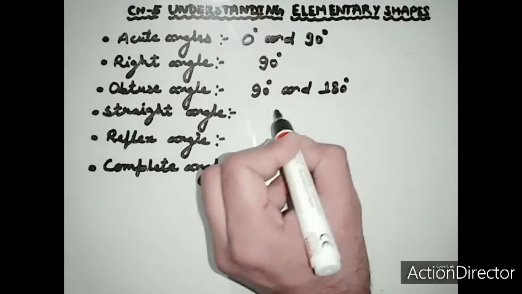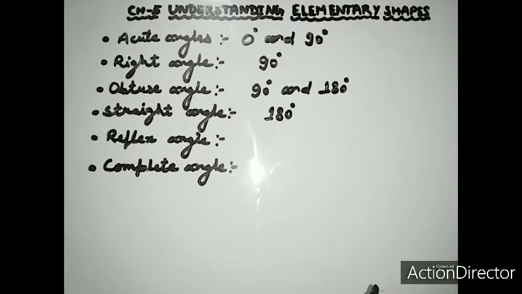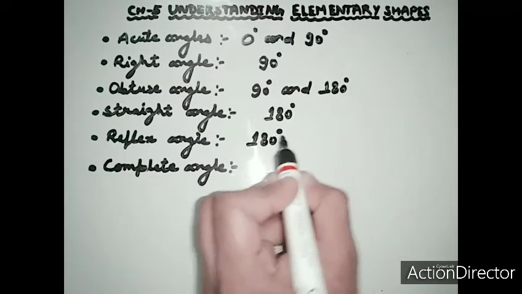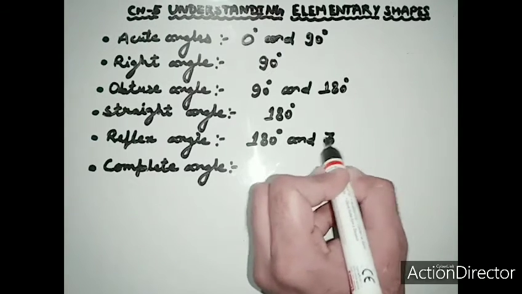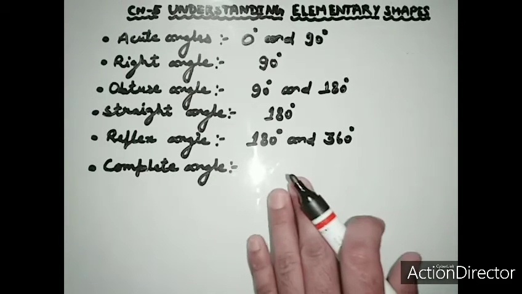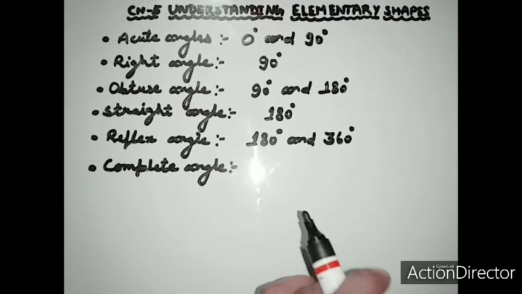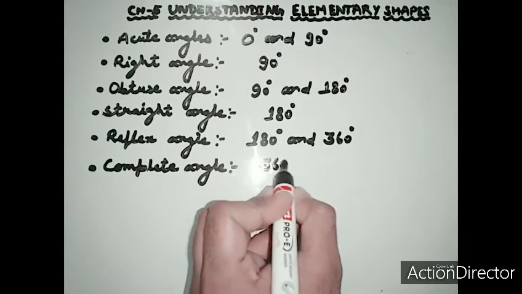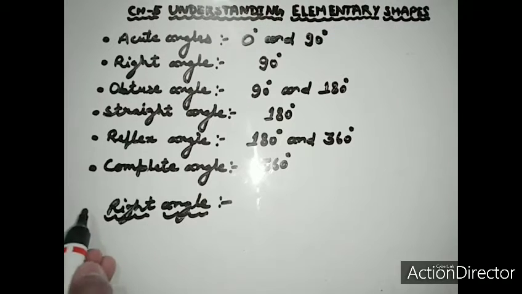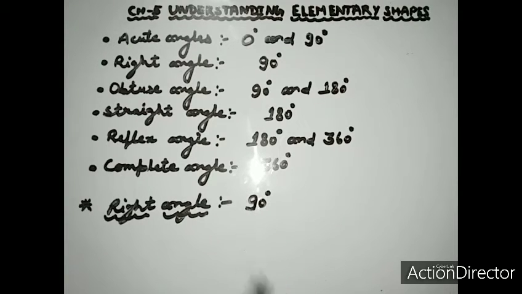Now straight angle, 180 degree angle is known as straight angle. Now reflex angle, angles formed between 180 degree and 360 degree. These all angles, which form between 180 and 360, are known as reflex angle. Now complete angle, 360 degree angle is known as complete angle. Now what is right angle? So exact 90 degree angle is known as